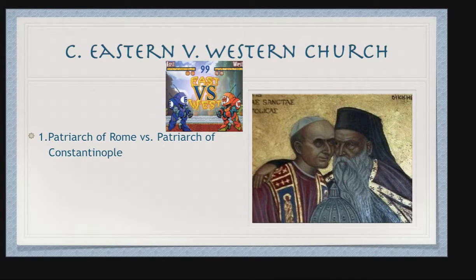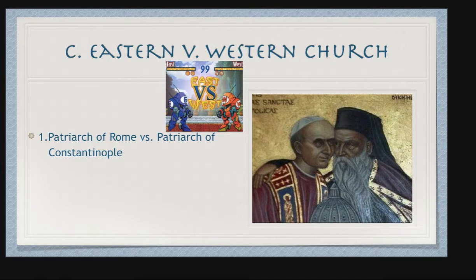So the New Testament discusses certain leadership positions in the church, but it does not necessarily use the word patriarch. However, Rome began to use the term patriarch as a leader of the church. Because there were so many churches that were spreading, and because of the influence of men like Constantine, which allowed for Christianity to be legal, Christianity began to spread, and they needed somebody to help guide those churches. And so they established a person who could oversee many churches, and that person was called a patriarch. He would go visit those churches, check on them, and make sure that they are doing things right and that they're following the rules the way they're supposed to.